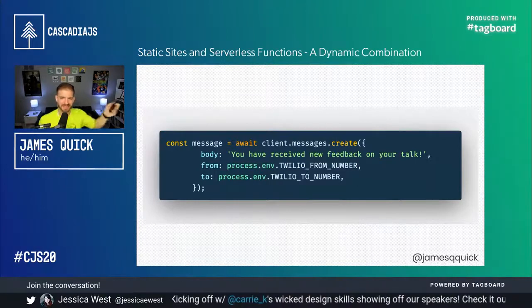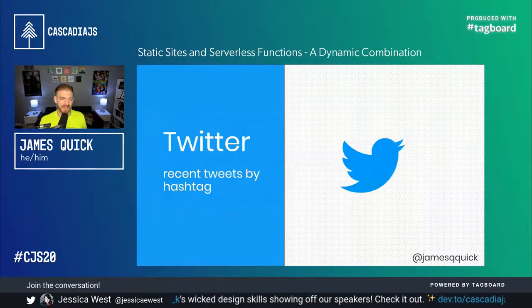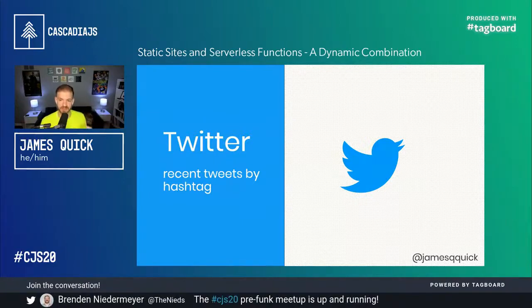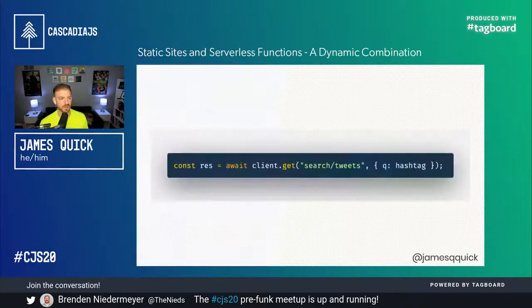And this is kind of going back to why I was so adamant about Twitter: I wanted to work with the Twitter API. So what I'm doing is searching for recent tweets based on a hashtag. Think back to that hashtag JQQuick talks that I asked people to, hopefully someone has done, tweet about. That will be part of this demo to show you how you can do truly dynamic things inside of your static site. So a little code snippet here.